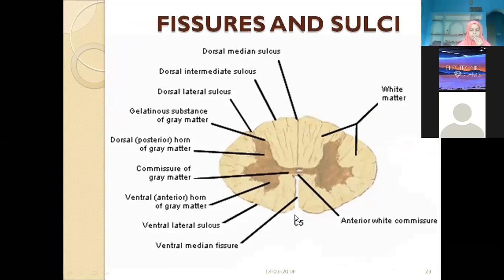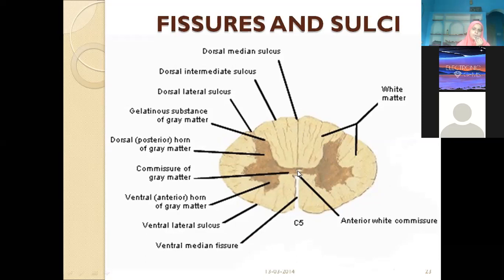See, the anterior median fissure is also called the ventral median fissure, then the posterior median sulcus, and this is completely the gray matter. So gray matter is situated inside and white matter is situated outside. This is quite opposite to what we have seen with the cerebrum. In the cerebral cortex, we have seen gray matter outside and white matter inside, isn't it? But here you are finding gray matter inside, white matter outside. This is the central canal. What is the purpose of the central canal?